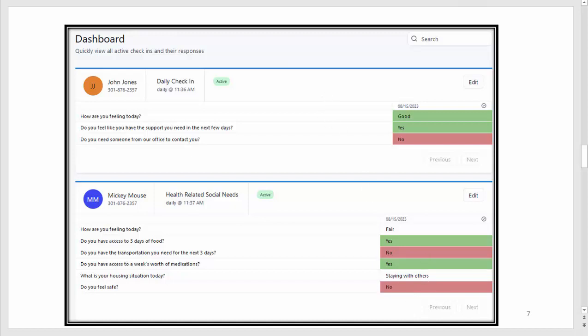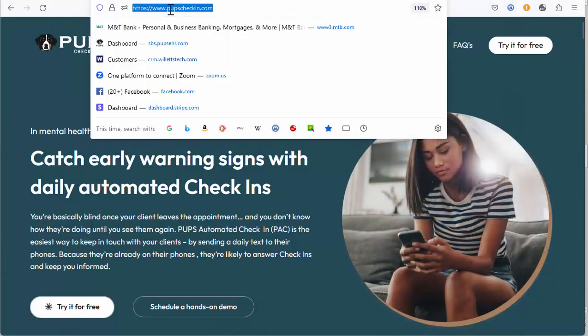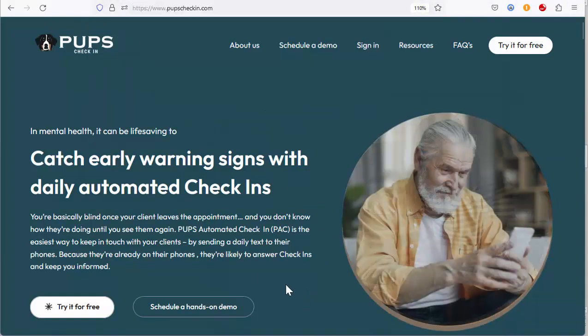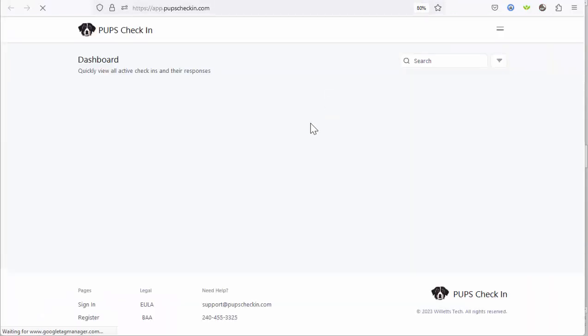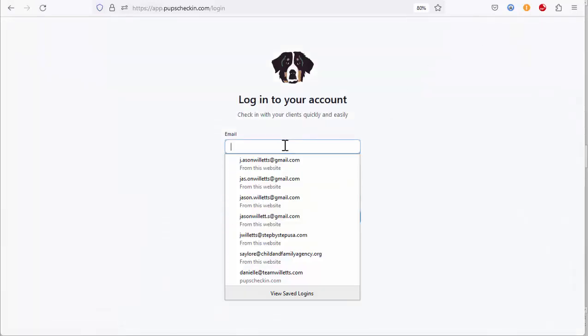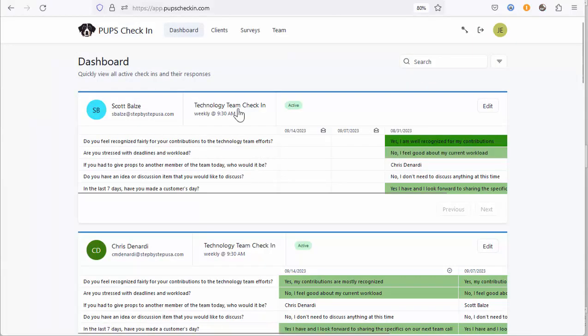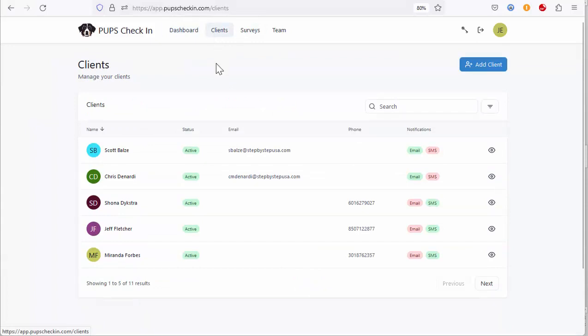So let's go ahead and log into the actual system. If I just go to pupscheckin.com, you'll be at the website here. Lots of good information. And then once I have an account, I want to click sign in. It remembers me, and so I'm signed in. And what I want to do then is navigate to, whoops, maybe it doesn't remember me. There we go. What I want to do is navigate to clients, and this is how easy it is to